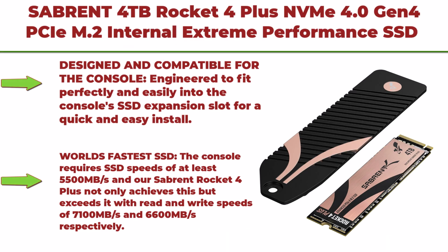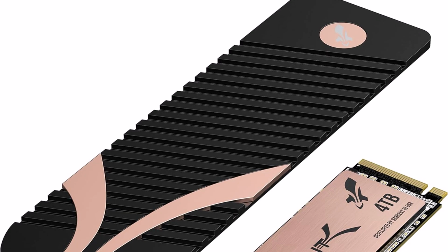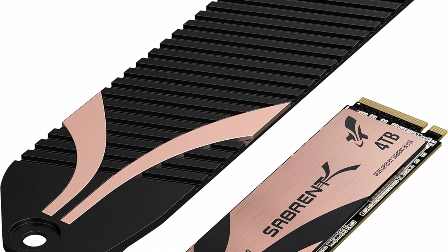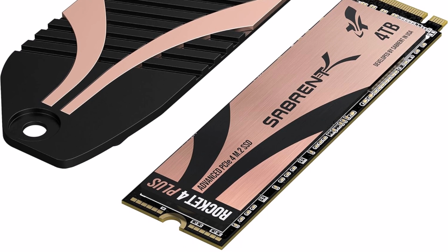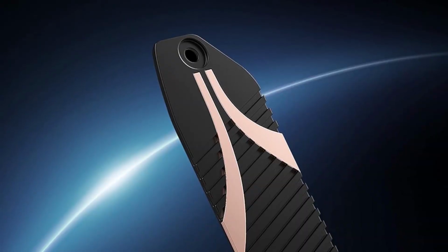Top 6. SABRENT 4TB Rocket 4 Plus NVMe 4.0 Gen 4 PCIe M.2 internal extreme performance SSD plus M.2 NVMe PS5 heatsink combo, SB-RKT4P-PSHS-4TB. Designed and compatible for the console, engineered to fit perfectly and easily into the console's SSD expansion slot for a quick and easy install. World's fastest SSD, the console requires SSD speeds of at least 5,500 megabytes per second, and